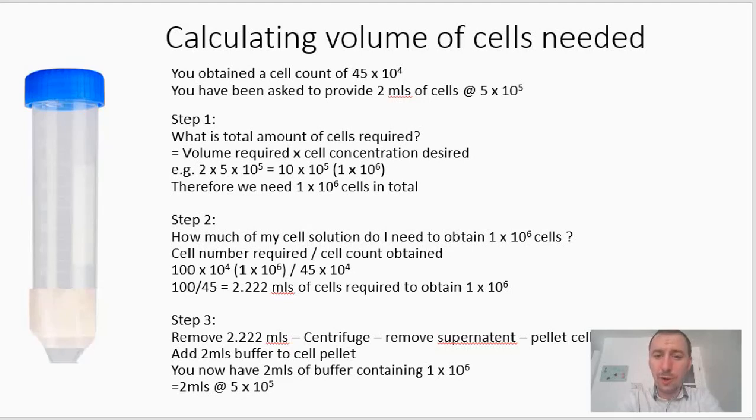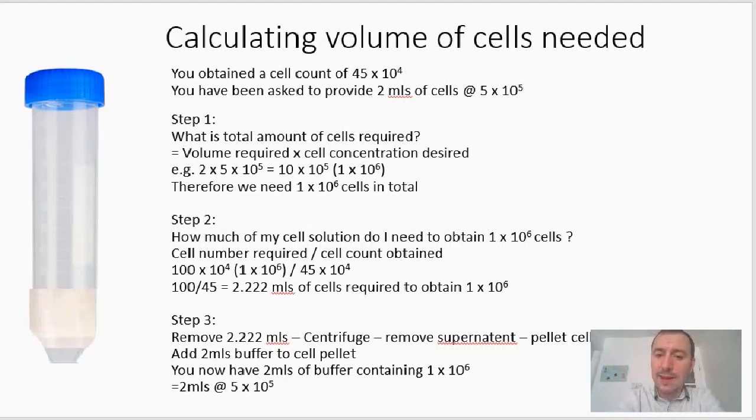Then in order to work out how many cells we need to achieve 2 mils of cells at 5 by 10 to the 5, we need to follow the 3 steps that we're about to cover. So step 1 is, what is the total number of cells required? The equation for that is volume of cells required, multiplied by cell concentration desired. In this case, we've been asked to provide 2 mils at 5 by 10 to the 5 cells per mil. And when you do that calculation,